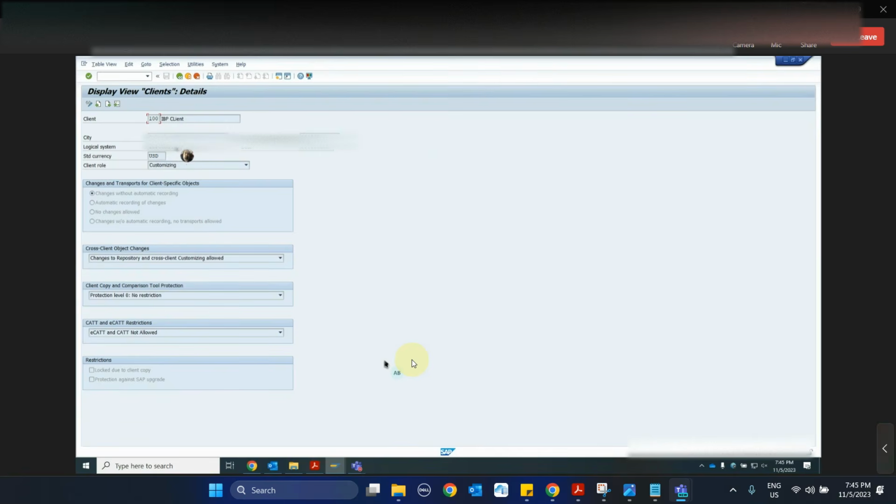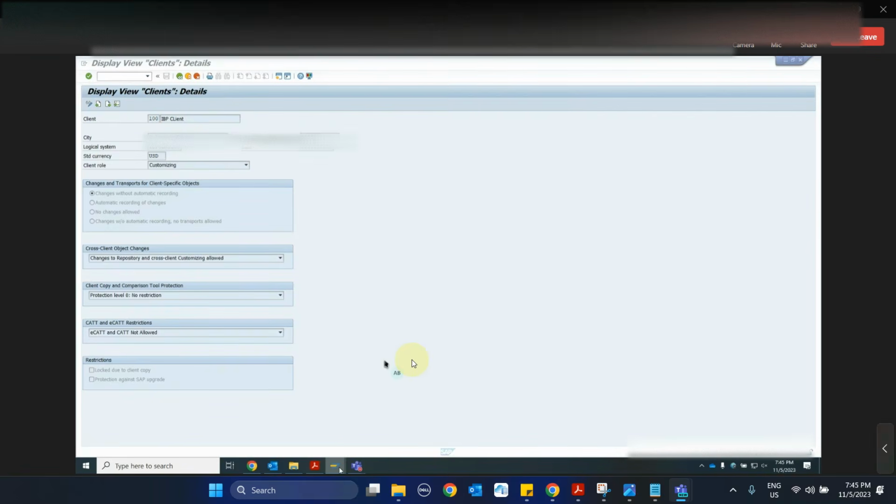So we have to perform this assignment before we can go ahead and create an SM59 connection, because we need to have a logical system, we need to assign that logical system to a client, and then we can come into SM59,